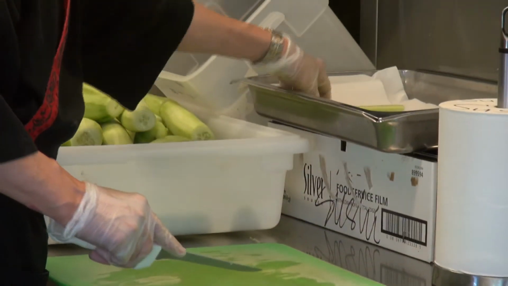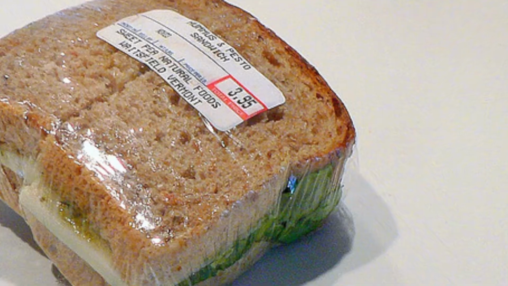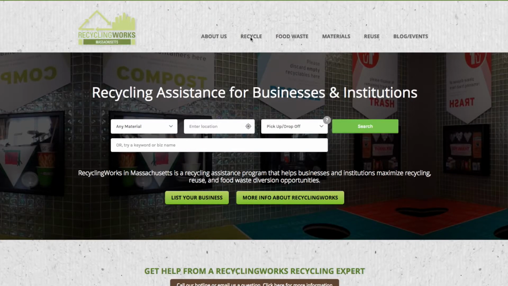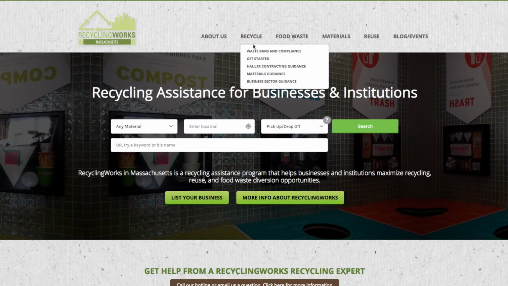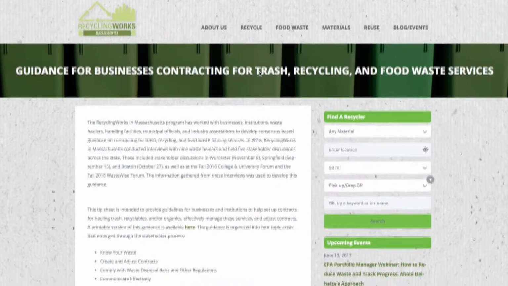Common contaminants are food service gloves, bleach wipes, single-serving condiments, plastic wrap, and fruit stickers. To find out what can be included in your compost program, talk to your hauler, because they will know specifically what end site your material is going to and can let you know what can or cannot be included. You can use the hauler contact and guidance document on the RecyclingWorks website as a reference.